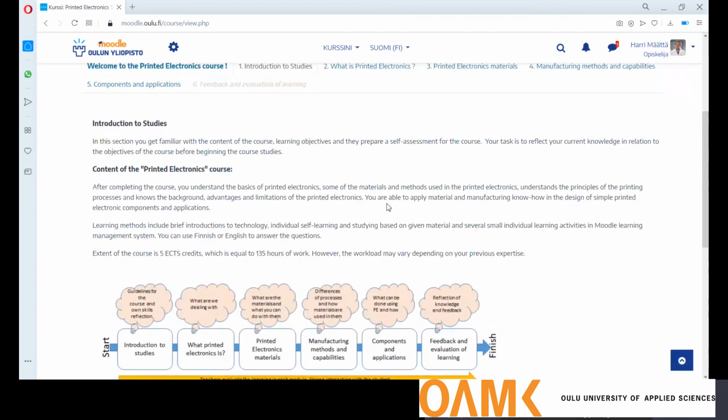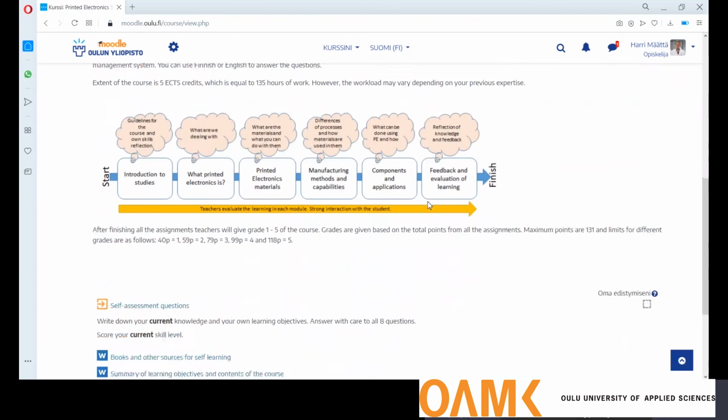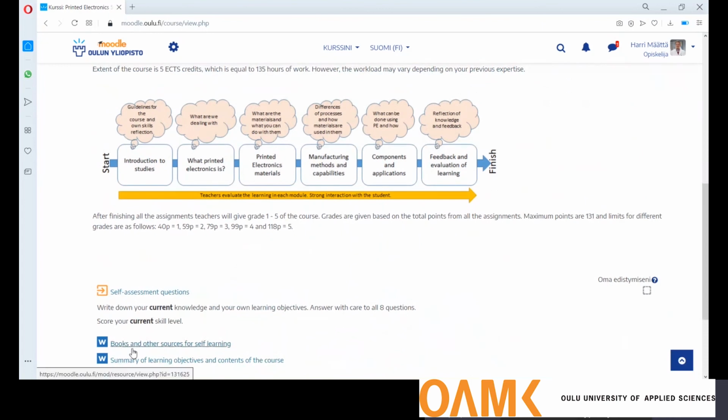Materials are provided here on each section, and there's also like a list of books and other good sources for your self-learning.